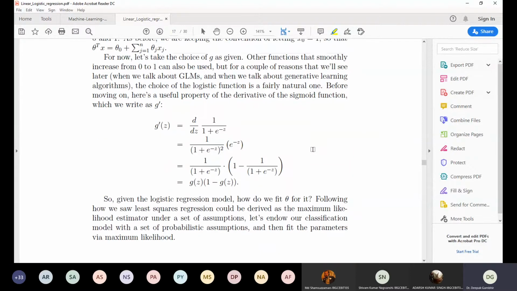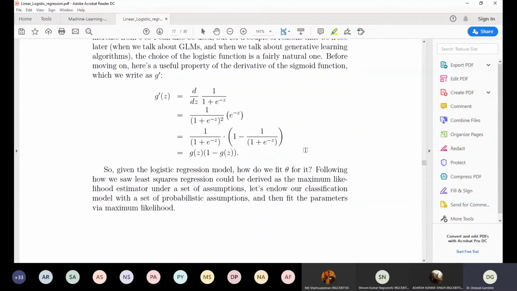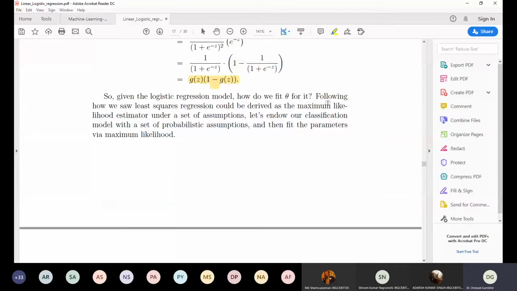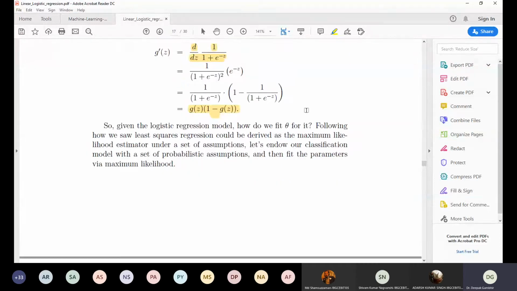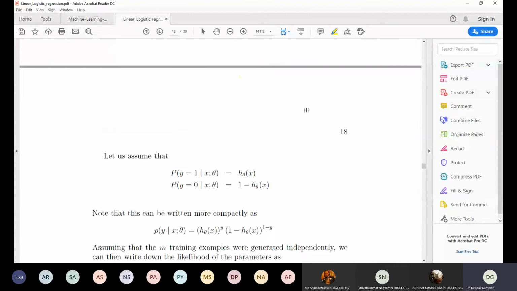This thing I have already told you, that in the case of the sigmoid function, if we take the derivative, then you would get the output as g(z) into 1 minus g(z). This thing we have already seen in the previous classes, so I am not going to explain this. Still, it is very clearly explained here. If you still want to read, you can read. This is a very useful property of the sigmoid function, and it is also very important from the examination point of view.